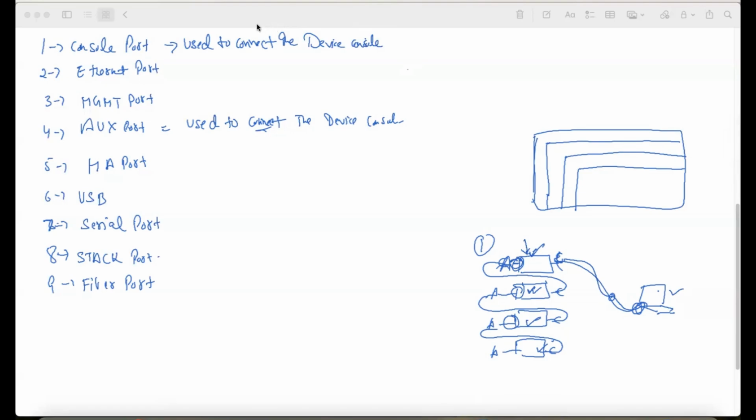So you use the aux port to link several routers together. Exactly correct. One by one, you can go to the last router even. You cannot jump. But nowadays, we do not use it, because what happens actually, nowadays, what we do,